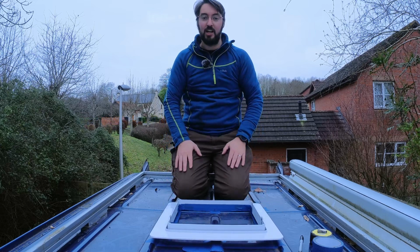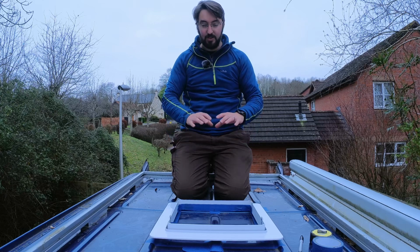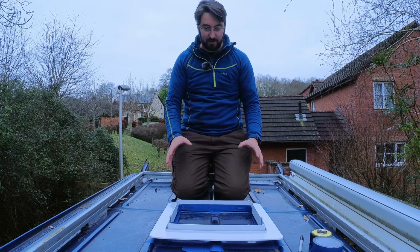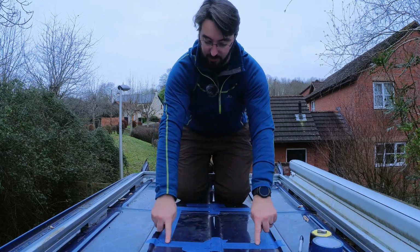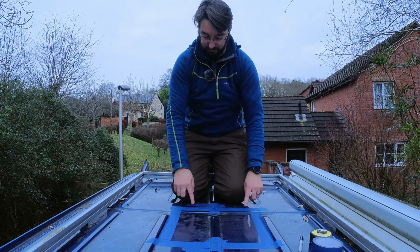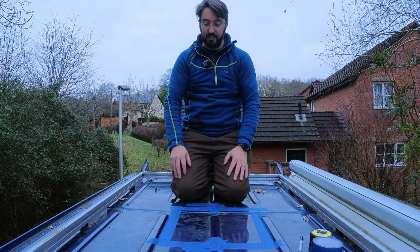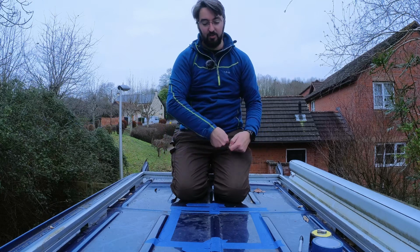It's always a bit daunting cutting holes in the roof of your van. So yeah, I've just been doing this off camera to make sure I get it right, take the pressure off myself. And you might not be able to see what I've done here because it's all in blue painter's tape. I've just used that to mark out where I want it to go. And the benefit of that is if I make a mistake or I want to change where it goes, I can always peel up the tape